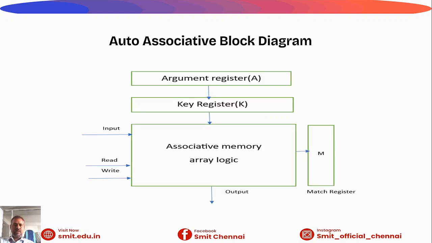So we are covering the first topic, the auto associative memory block diagram. Here we have the argument register A and the key register K. The input is given as a three-part input, with read and write blocks. So three input blocks are given as input data. Here we cover the block diagram, the associative memory array logic block, with a memory pointer as array logic used as a memory device,